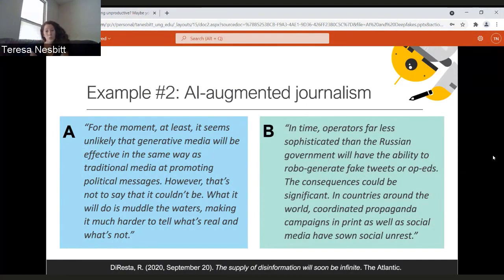But you can see that even though you were all able to pinpoint which one was not a human, it's still pretty sophisticated in the way that it's able to take an idea and talk about it in a really naturalistic way, in a way that isn't just gibberish like a lot of these text generative tools were in the past. It actually creates a fairly solid point here that generative media can muddle the waters of our information ecosystem.